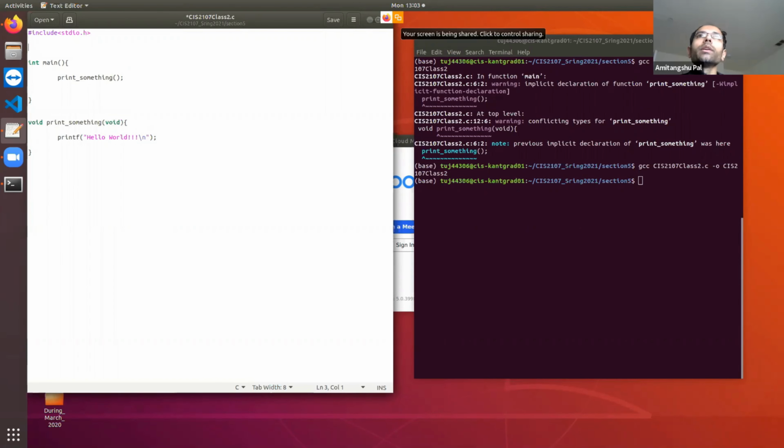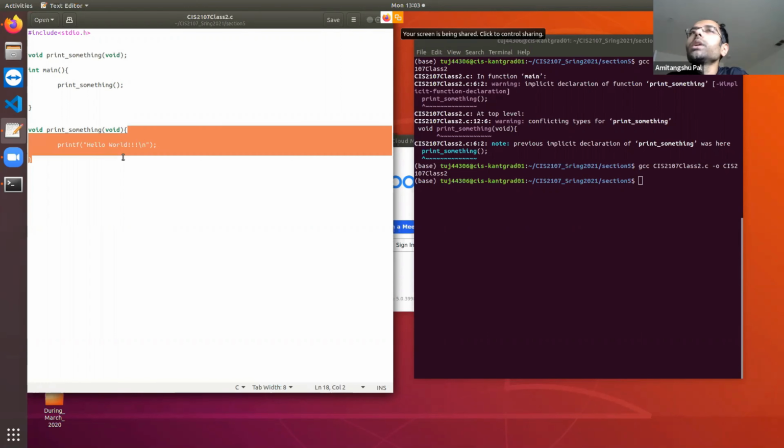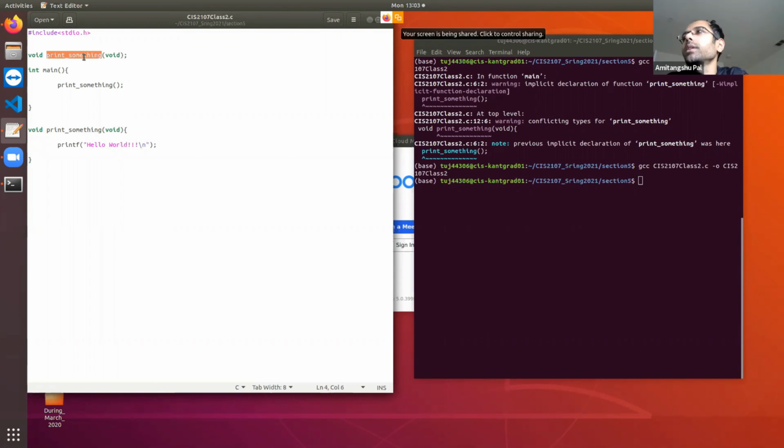So for example, if I write this, here I am just giving you the function declaration. I am not giving the details of what's there inside this function. I'm only giving the type of that function. It is a function that is going to take void argument and return void. That's it. So in that case, whenever the compiler is reading this, it knows that the function definition is given and it is defined somewhere in the program.